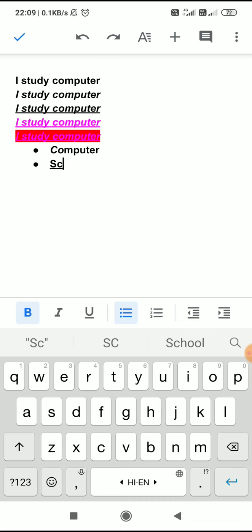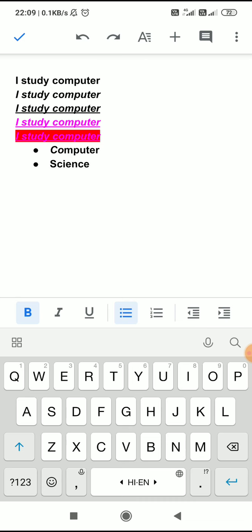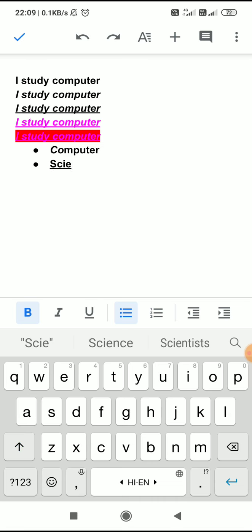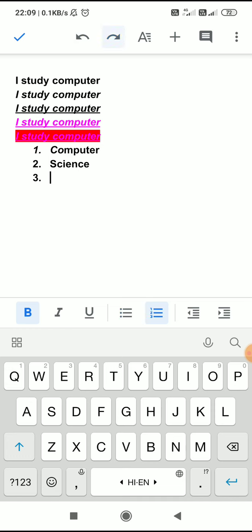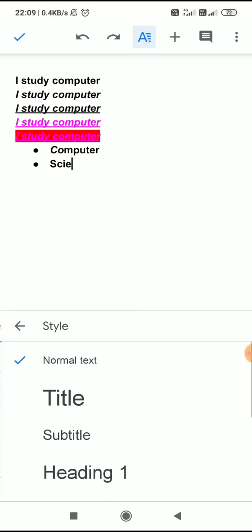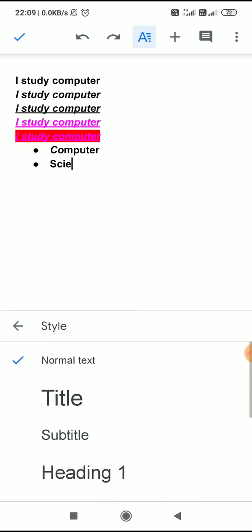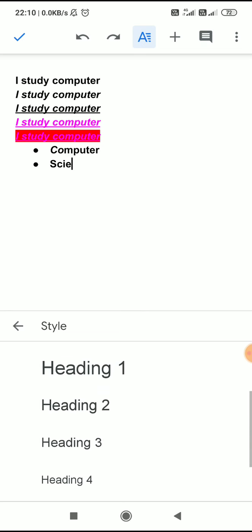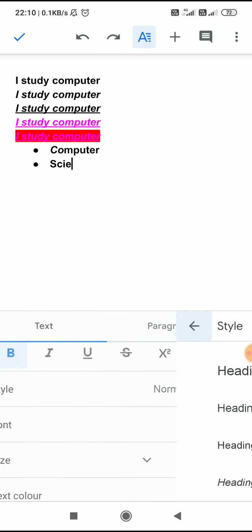Now down below we have seen this application: B, I, U and different formats, alignments. Now above, on the screen, there are redo and undo. The redo button is for redoing, and undo is to cancel the last operation. Then where A is written, I will touch this and different effects appear on the screen. So headings and styles I can add.